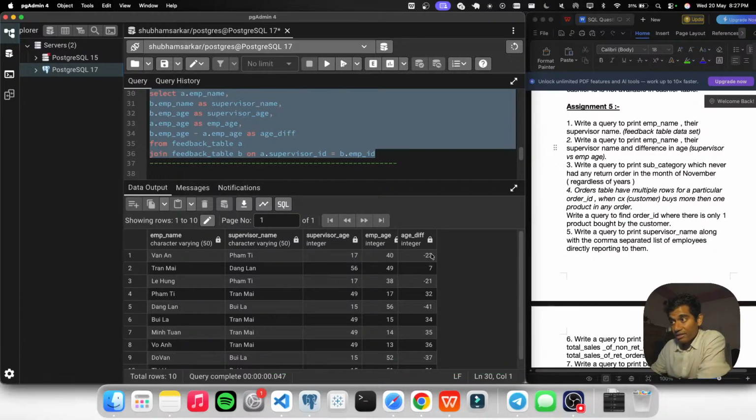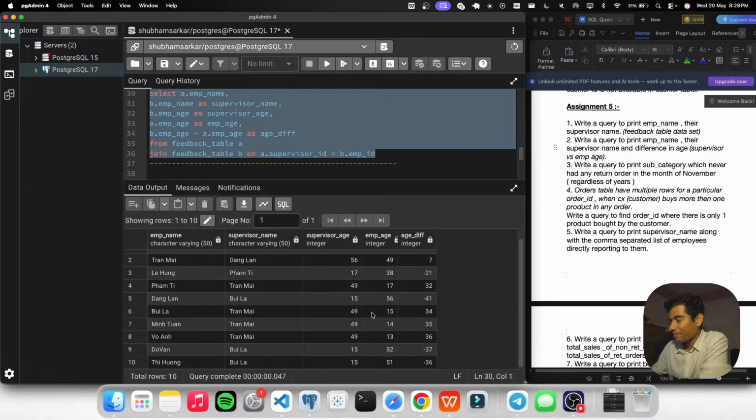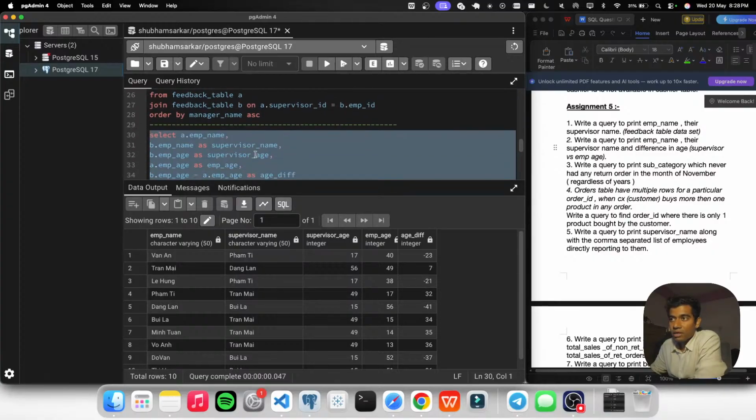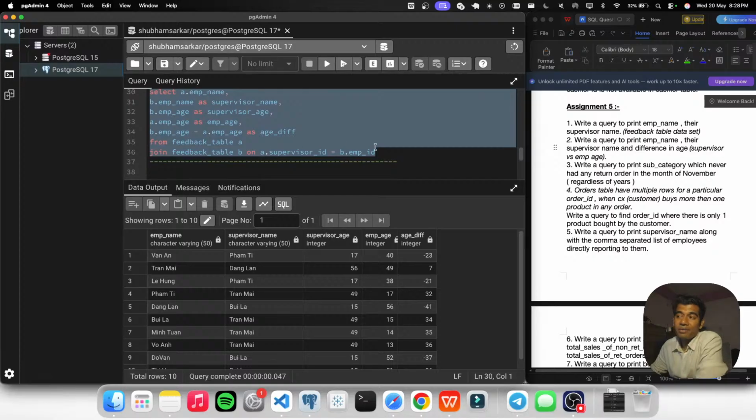एम्प्लॉय नेम, सुपरवाइज़र नेम, सुपरवाइज़र एज, एम्प्लॉय एज एंड द डिफरेंस, राइट, सिंपल। अब एज पे मत जाइएगा, एज 17 15 नॉर्मली दिया हुआ है, डमी एज, तो डोंट टेक इट सीरियसली कि 17 साल में कैसे सुपरवाइज़र बन गए, इट इज़ अ डमी एज, राइट। तो इस तरीके से आपको आउटपुट मिल जाता है, राइट।